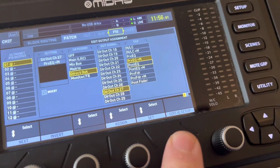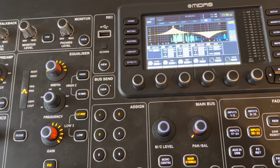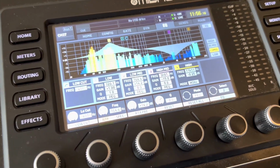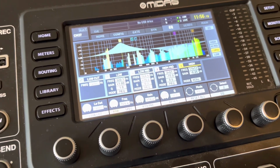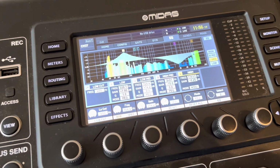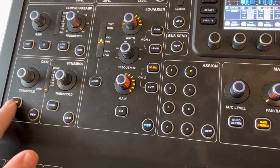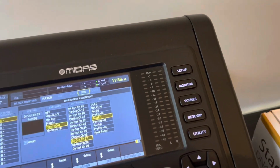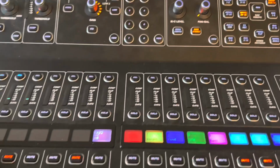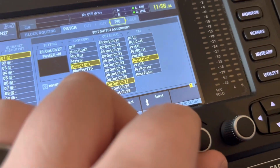So then we have our post EQ. So post EQ is going to allow us to have this over dramatic EQ I've got going on. So this is with it, that's without it. And it had been on the whole time, but it's only effective now to what's going out once I've got it activated. And you can still use your gate. Now back to our routing. I think you're figuring this out by now. Post EQ plus M is going to be mute. Actually makes a difference. So then on our next one, pre-fader,